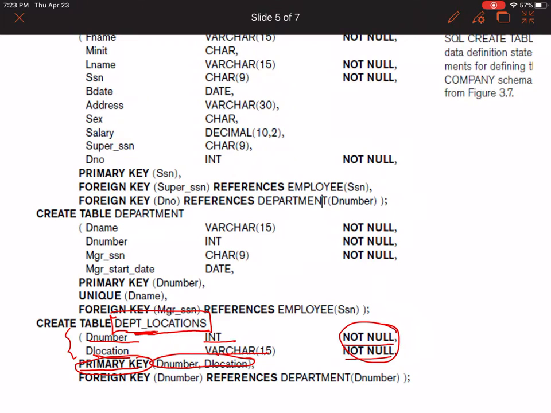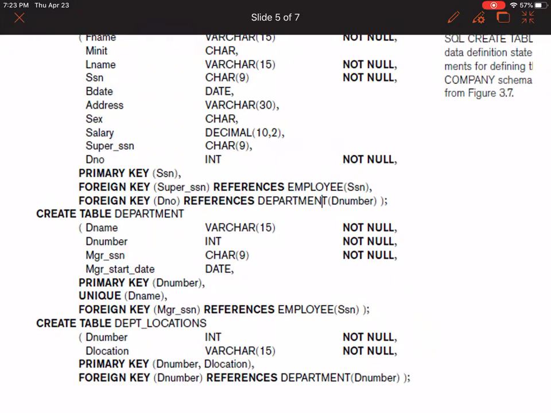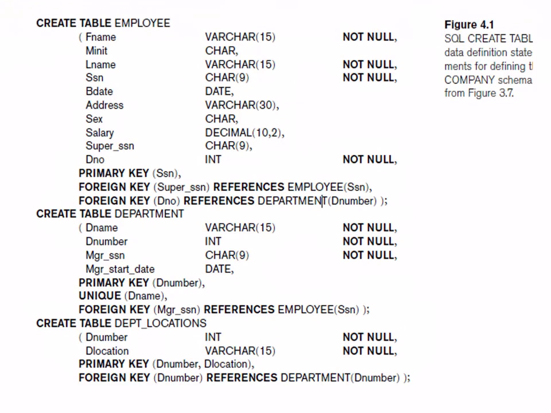It might be the case that when you feel one field is not capable of being the primary key, then I might take one or two fields and together they serve the purpose of primary key. What is the purpose of a primary key? To uniquely identify one particular row.